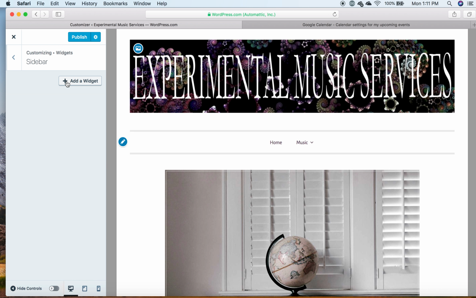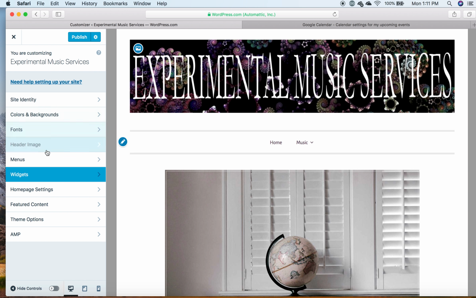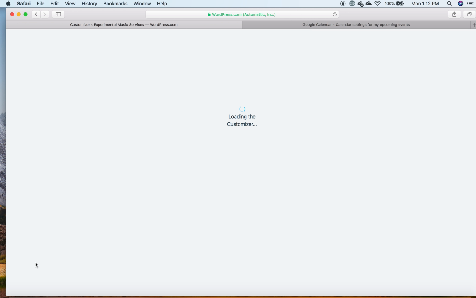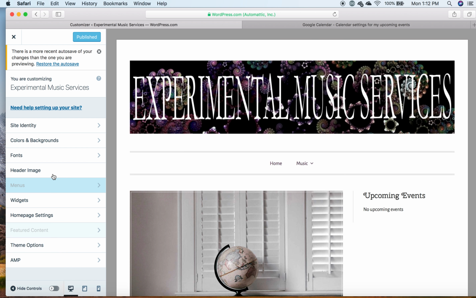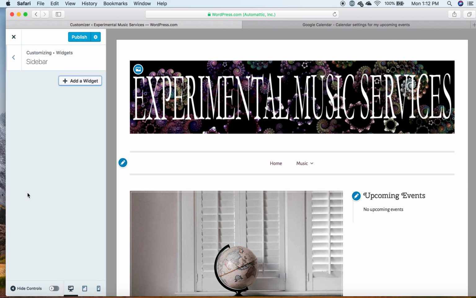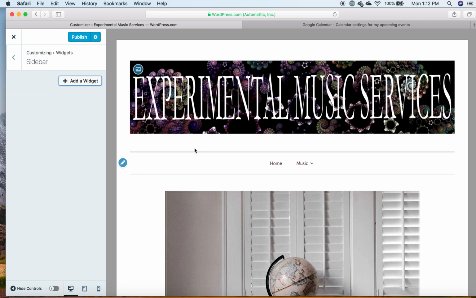Okay, so the next thing we're going to do is make sure you're on the widgets. Let me backtrack a second. I went to customize, widgets, and then I'm going to go to my sidebar. Oh, I already added an upcoming events, but let's just remove it for a second. There, so this is where you should be. So I'm going to go to my sidebar, add a widget,